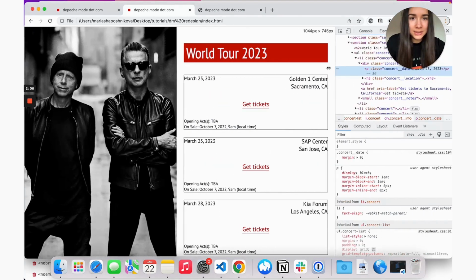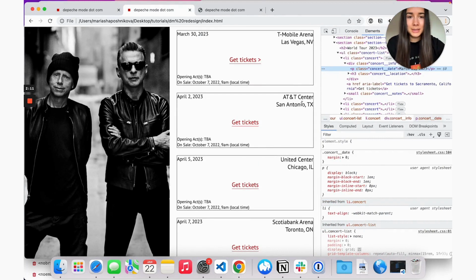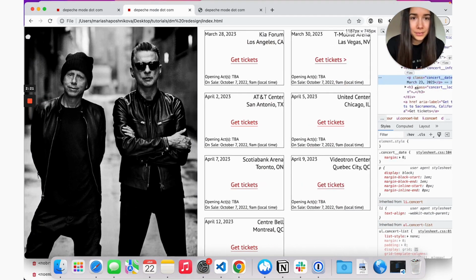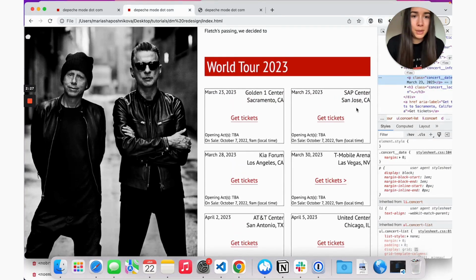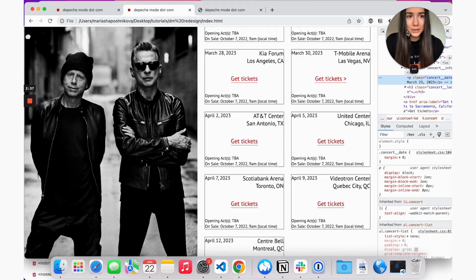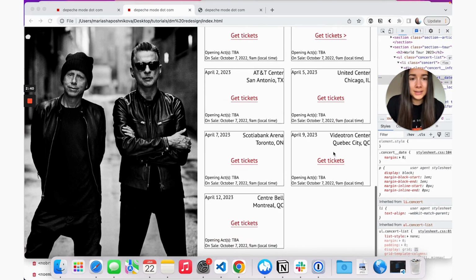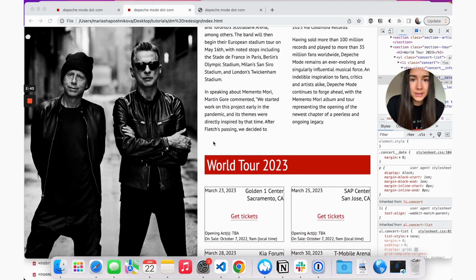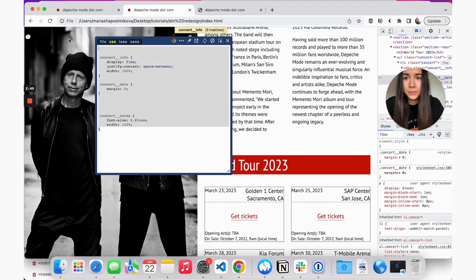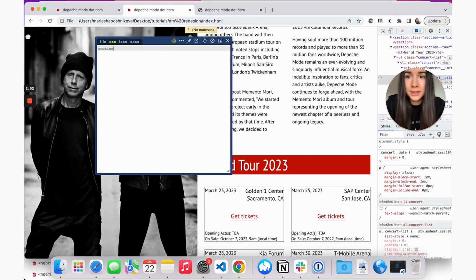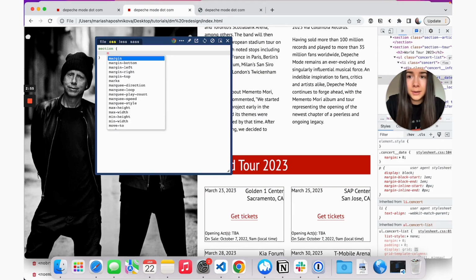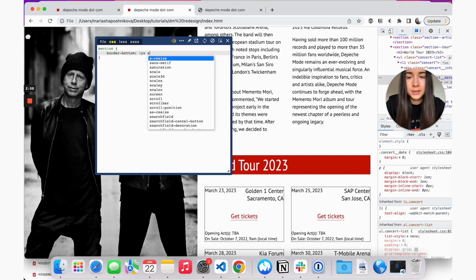Again, if we resize this, I don't think we need to do anything responsively for the ticket, because the moment there is too little space, the column layout changes and we get more space. But if we had longer city names or venue names, maybe it would have made sense to change the layout. So the last part that we're going to do here is the bottom navigation. But first, a small thing that I'm going to do is go inside our main tag, and for the two sections that we have, we're going to add a border bottom, just as a divider.